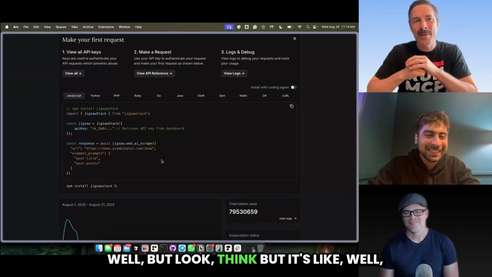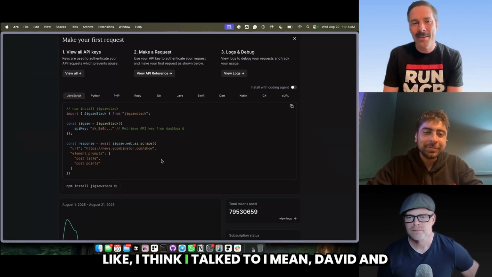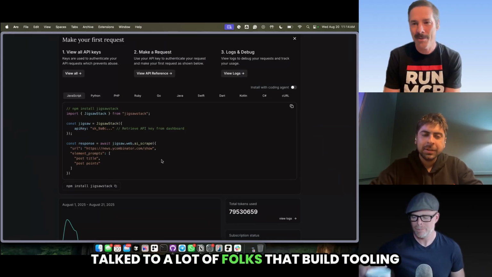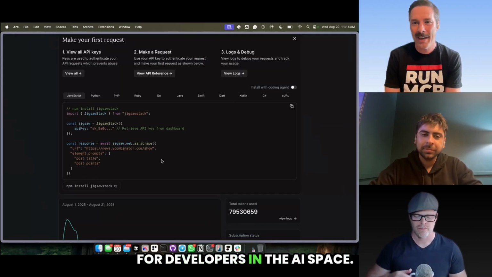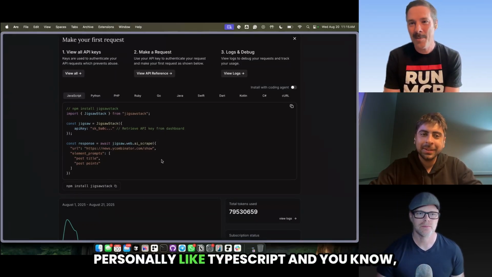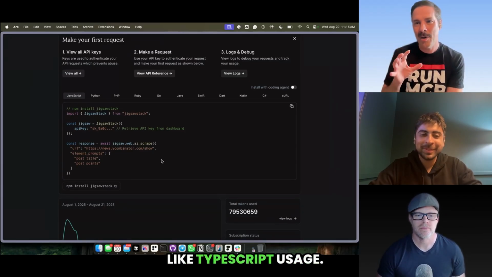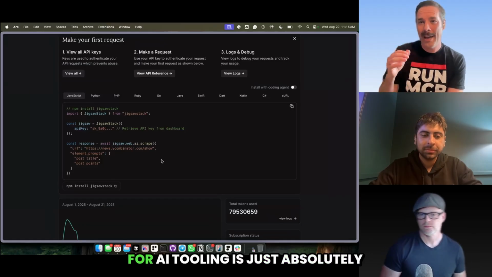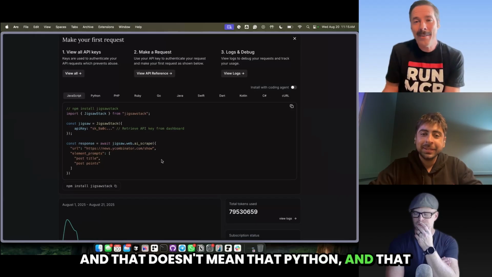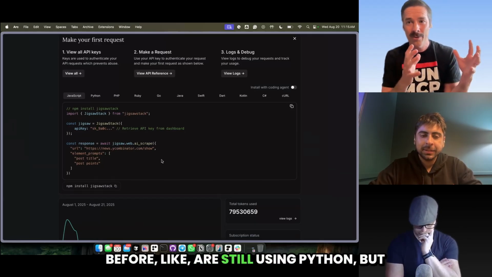Exactly. But look, I think that's fine, honestly. It's beyond fine, right? I think David and I both, just being on the team, talk to a lot of folks that build tooling for developers in the AI space. You may personally like TypeScript and the ergonomics around it, but you're not alone. TypeScript usage for AI tooling is just absolutely exploding, right? And that doesn't mean that Python's going away. In fact, the people who were using Python before are still using Python,